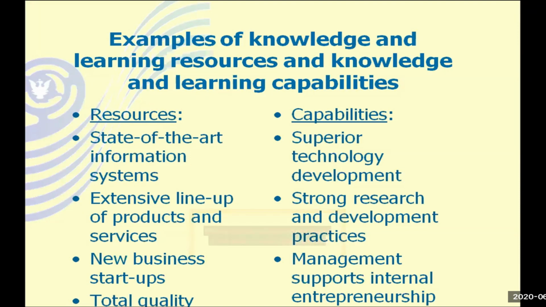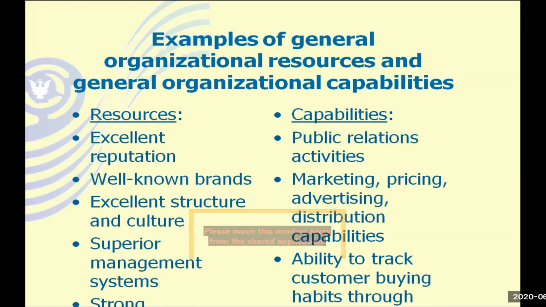Then state-of-the-art information system, of course, IT remains your superior technology development. Especially in this era, IT is very important in management of firms. If you have an extensive lineup of products and services, it's a portfolio. We talked about portfolio the other time. Then it means you are sorted. If you have good total quality management, it means you are above the bar. Excellent reputation, good PR, and so forth. So these are examples of